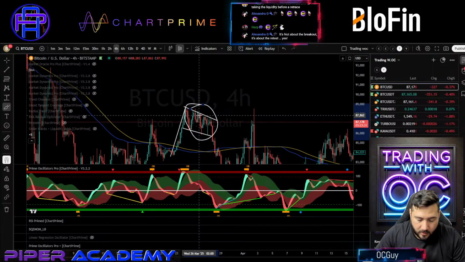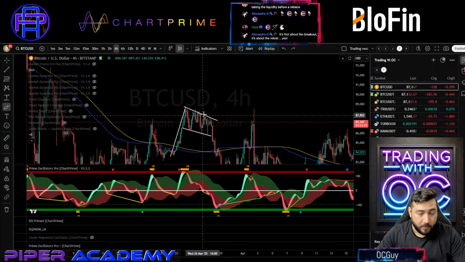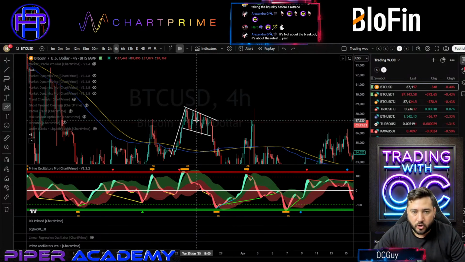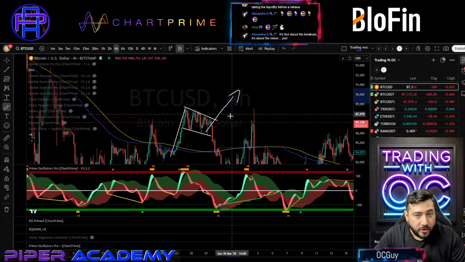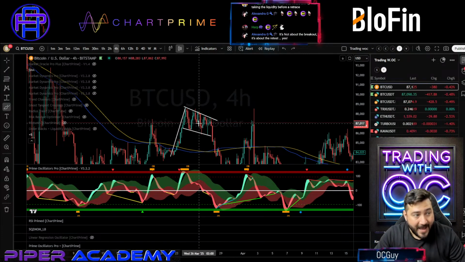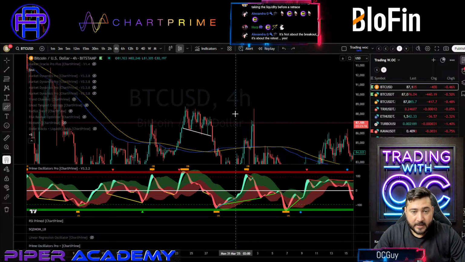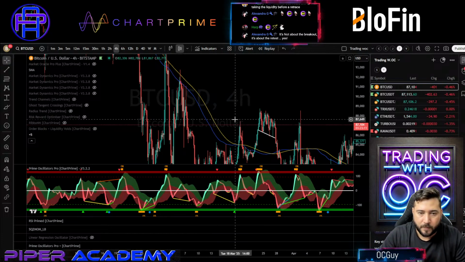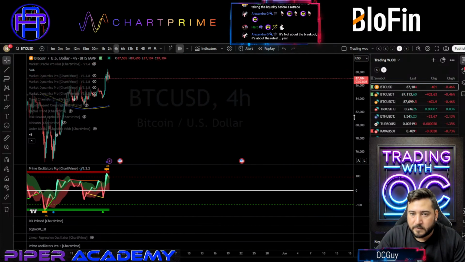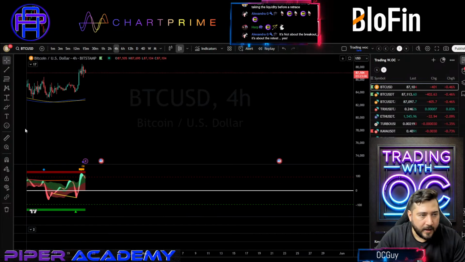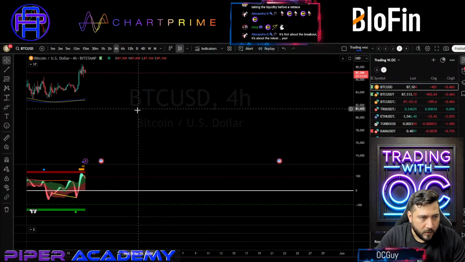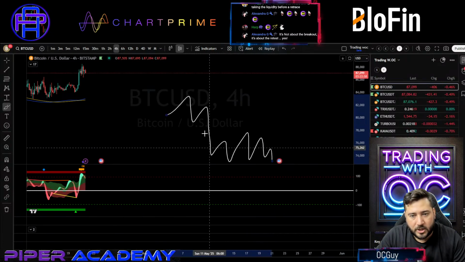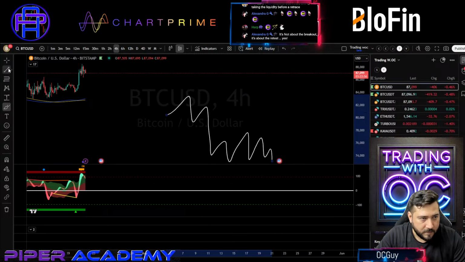And remember, it's not about knowing what is going to break out. Of course it helps, right? Of course it helps that we know that usually a bull flag ends up breaking to the upside, but a wedge is also a reversal pattern, right? Especially when we have a reversed wedge. For example, let me show it to you. Usually on reversal patterns, we want to have, let's just call it, price action going downwards, right? Then we have a wedge, right? So let's measure that.